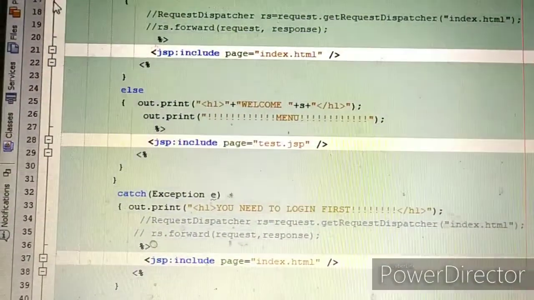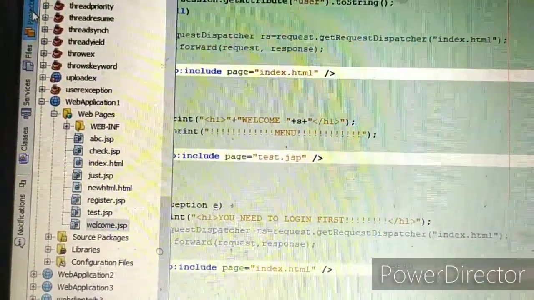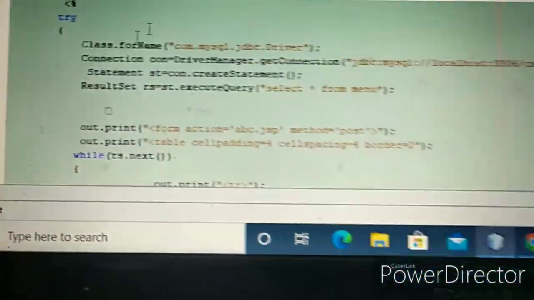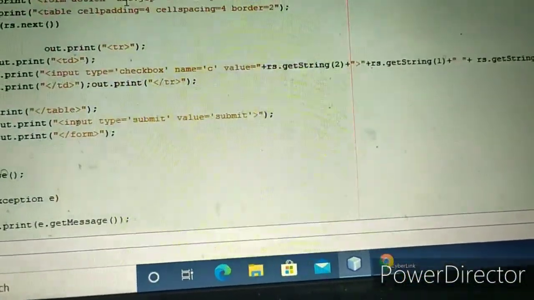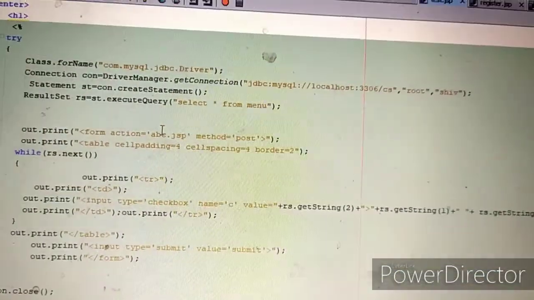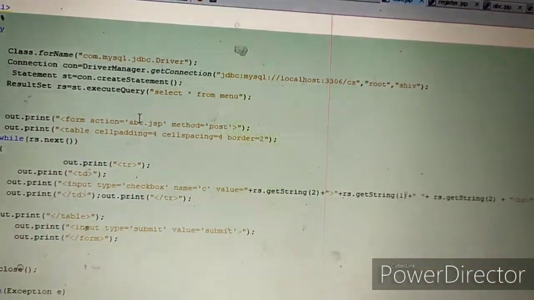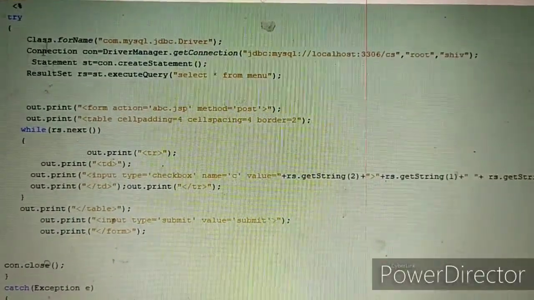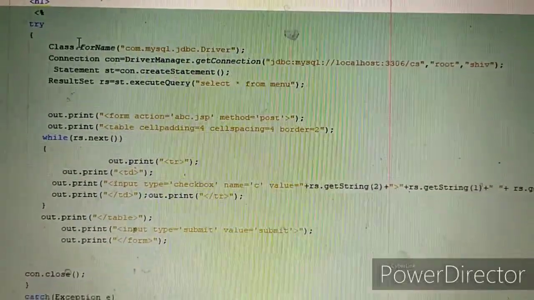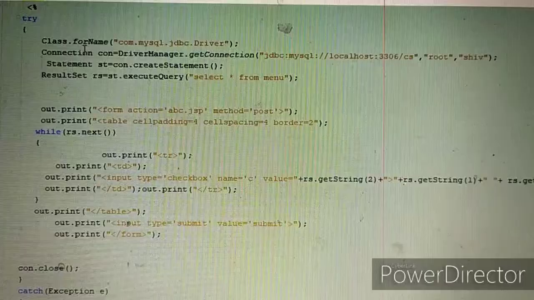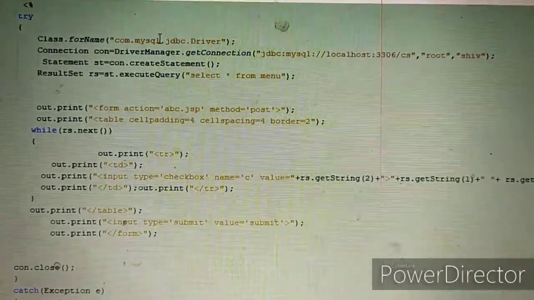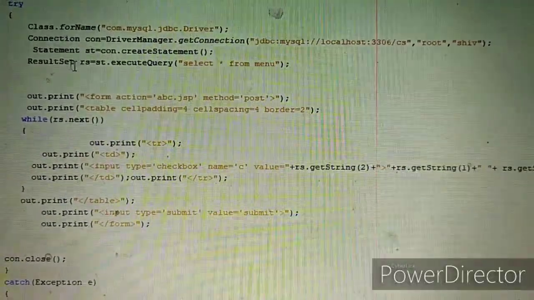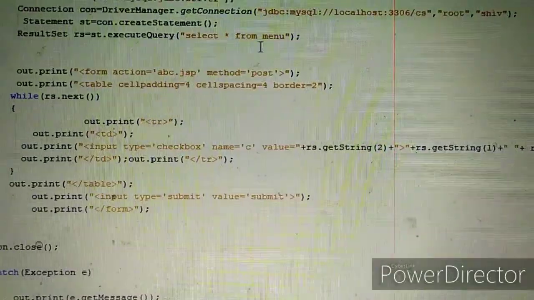So now let us see the test.jsp page. This test.jsp page will print the menu table. Here also we follow the same steps. First we loaded the MySQL driver, then established the connection, created the statement, and executed the query, select star from menu.